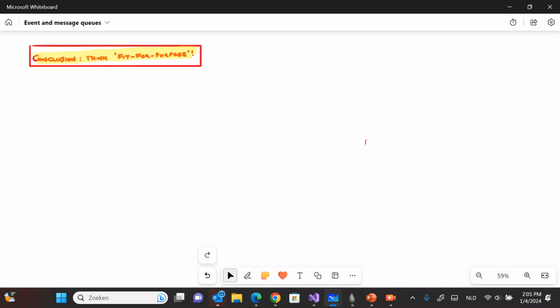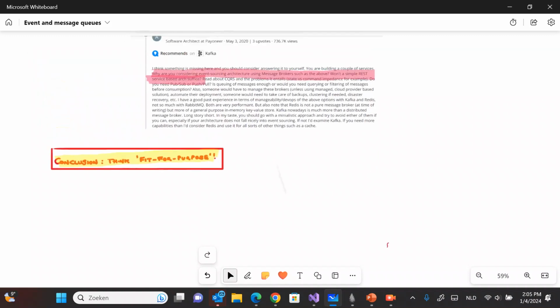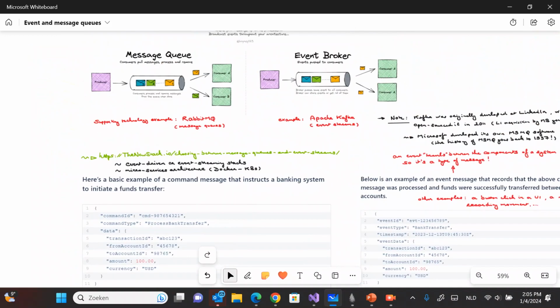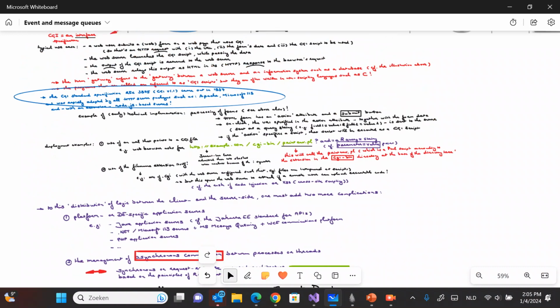I often get asked, "What do you think about this? What do you think about that?" Well, I think we should think fit for purpose. To explain that, I'll go a little bit through the historical evolution of software stacks and systems structures, and how they actually evolved over the last